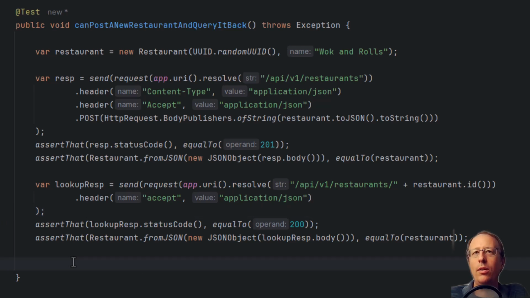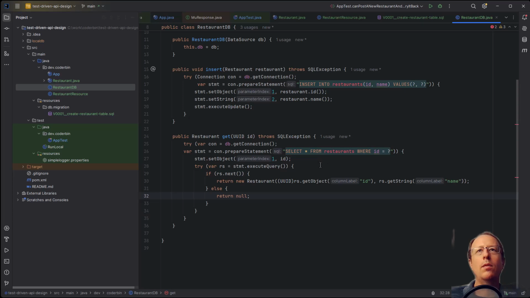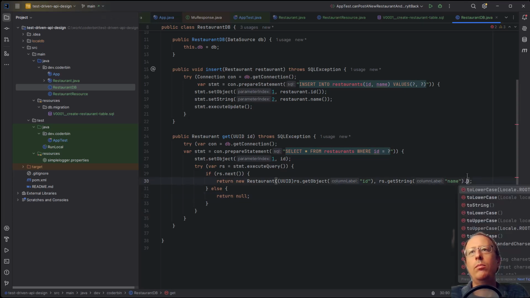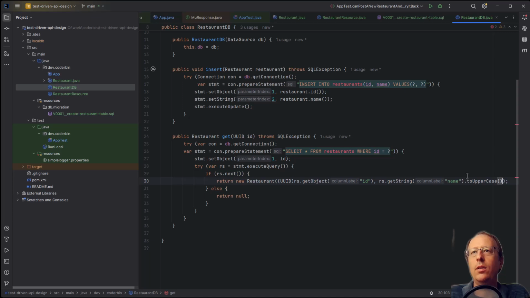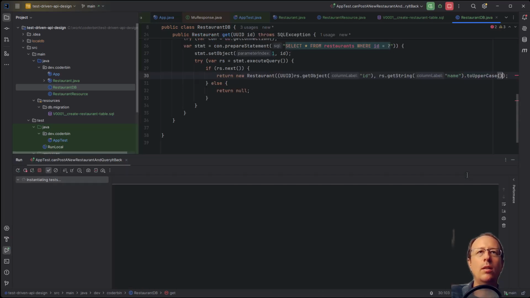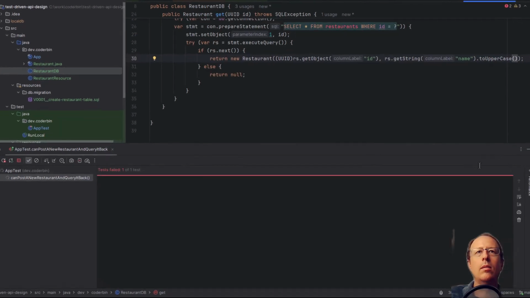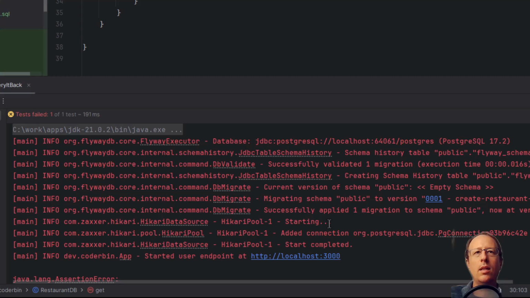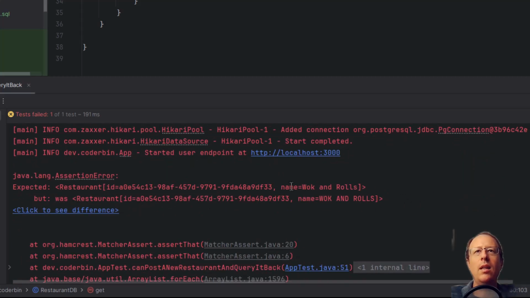So can it load the data from the database? Can it hydrate it properly? Can it serialize it? And this is going to pick up bugs quickly anywhere. So let's say, for example, we had a bug where we were converting everything to uppercase when restoring data from the database. And this test picks it up immediately. And we can immediately see there's a problem with the name. So the error messages are very clear.